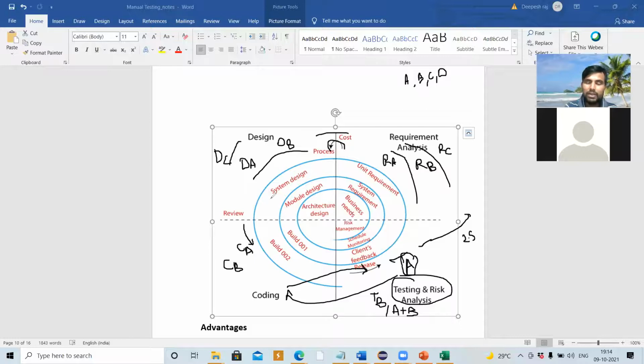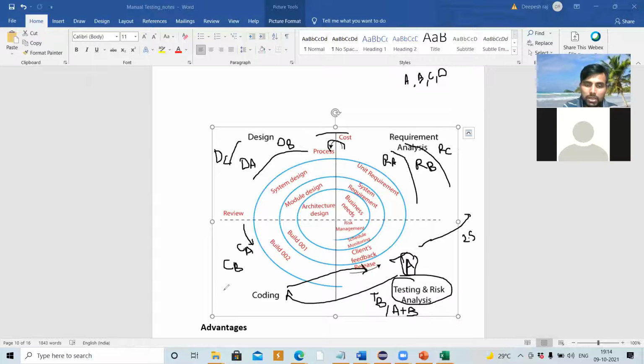Means if we have personal information as a module feature, in that feature we have different sub modules: name, phone number, email ID, address. All these are sub features. So we have to go component wise. That we call a component. In features we have multiple components, multiple sub features.